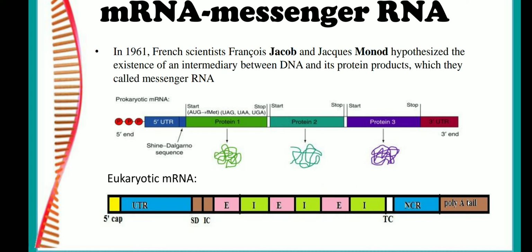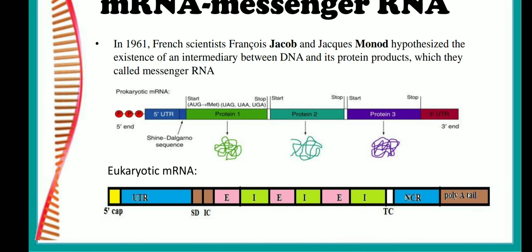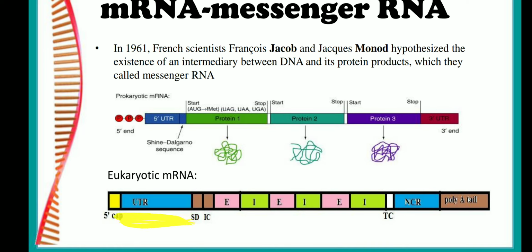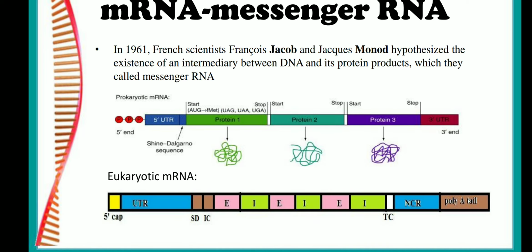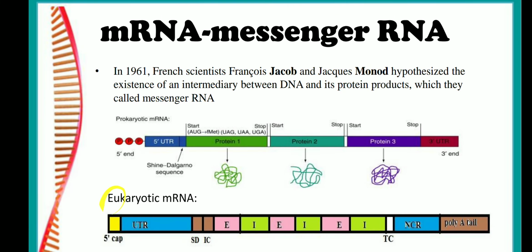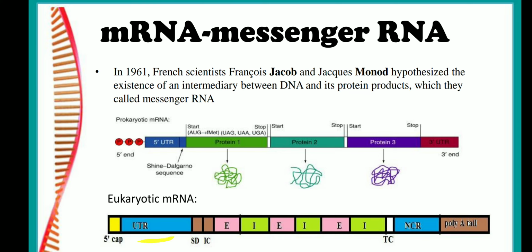At the 7th position of the GDP, there is a methyl group present. That's why it's called methylated guanidine. So at the 5' end there is a methylated guanidine. This methylation is the cap present at the 5' end, which is followed by an untranslated region. This untranslated region does not code for any protein. During transcription, if you remember, at the +1 the leader sequence, the transcription will start. So your 5' cap is from the leader sequence, followed by a stretch of nucleotides, that is your untranslated region.